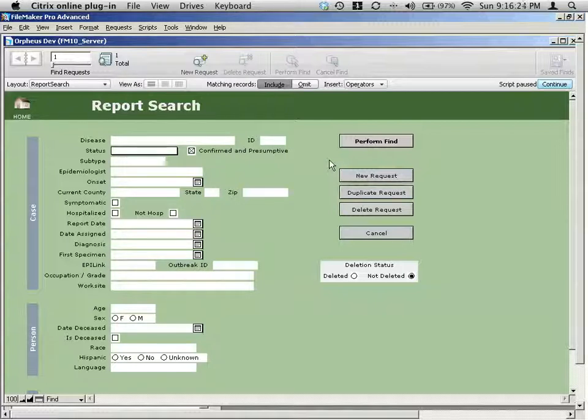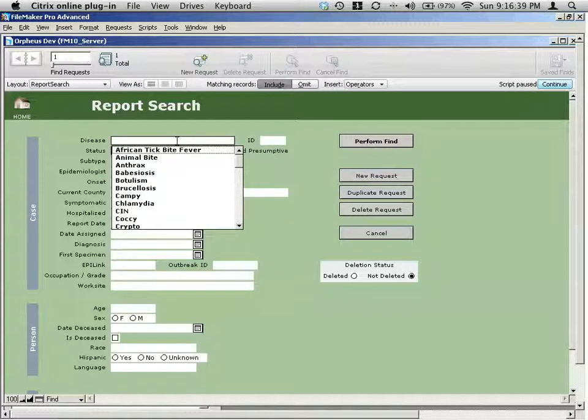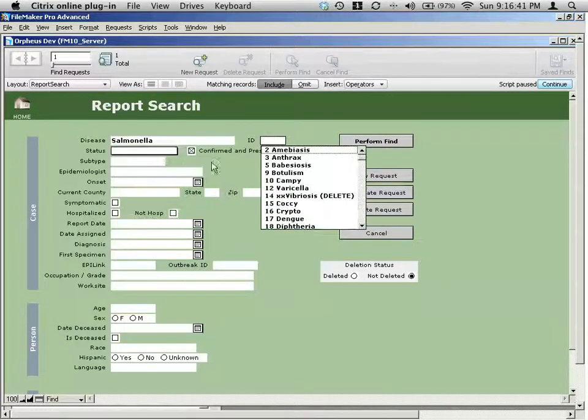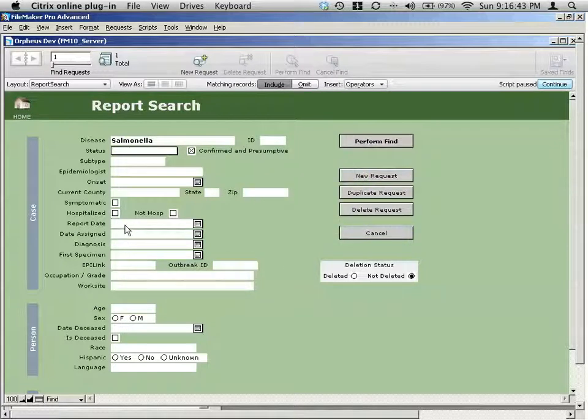So this is a really good way to get aggregate testing queries of numbers of cases for a county. Then you can compare cases between counties that you normally wouldn't be able to see if you could see the patient names. And this basically works the same way. So for example, if I wanted to find Salmonella cases statewide, this would be a really good thing to do. Maybe all the Salmonella cases that have been reported since